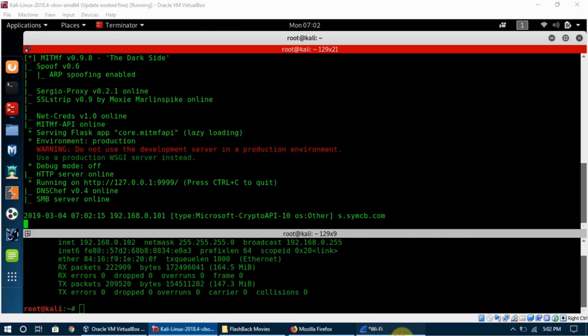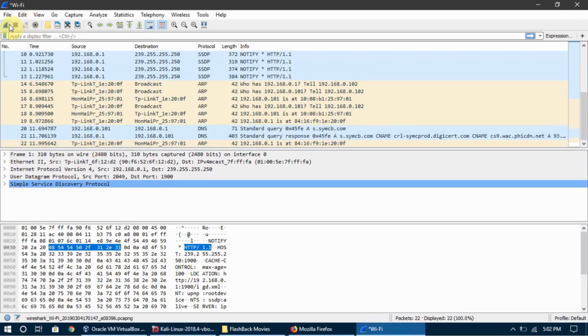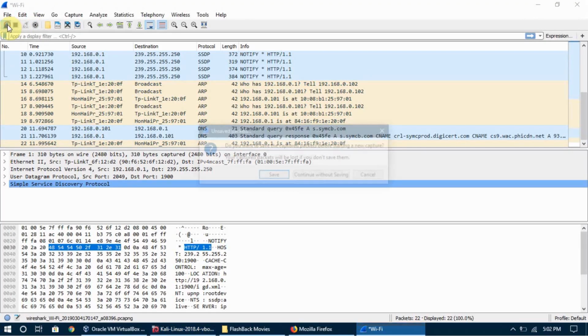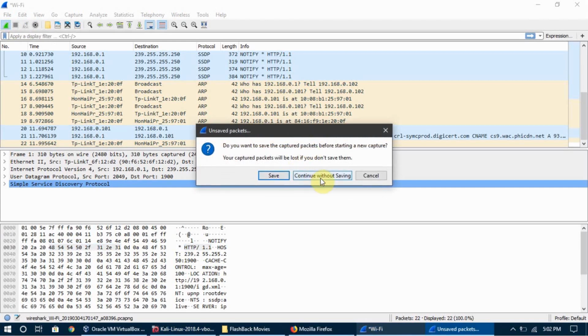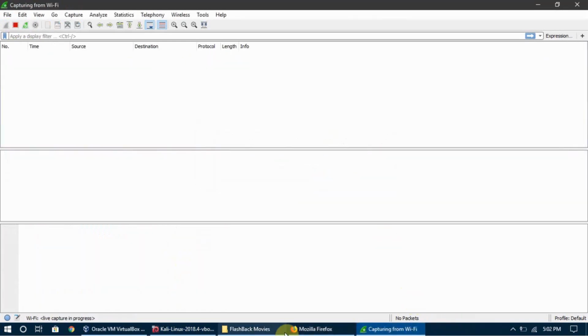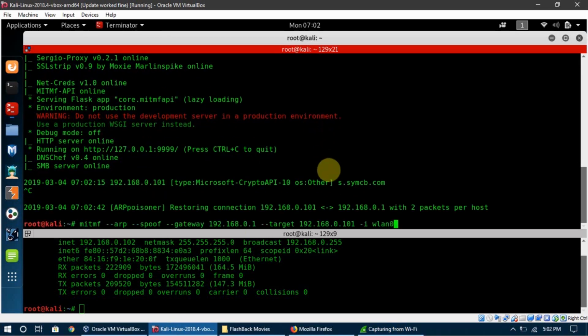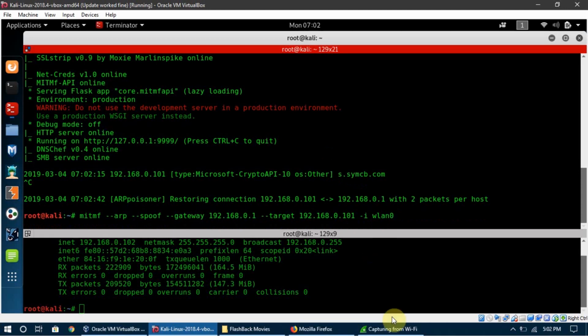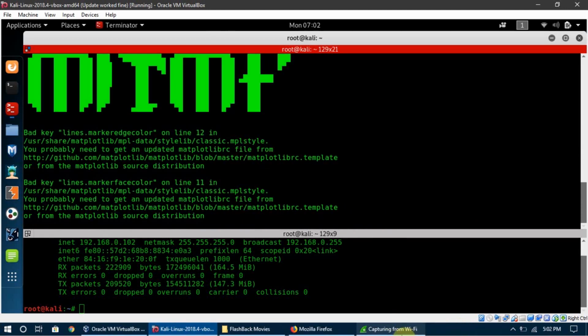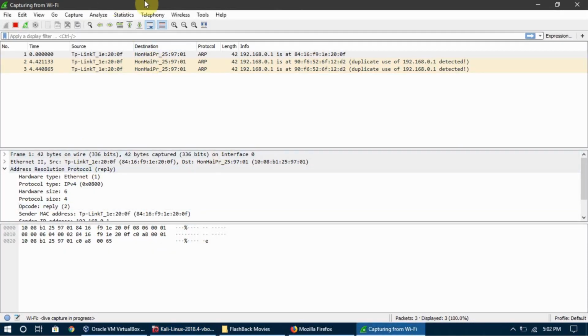Let me do that again. Oh, we did not start our capture actually. So I will say continue without saving. I will Ctrl+C it and then restart it. So it is capturing now,